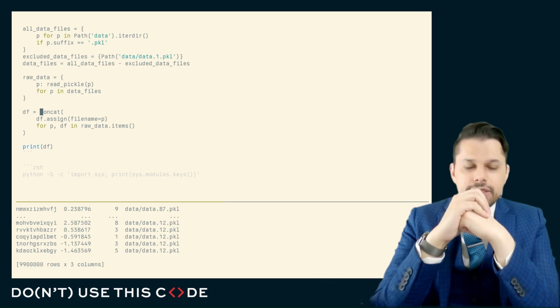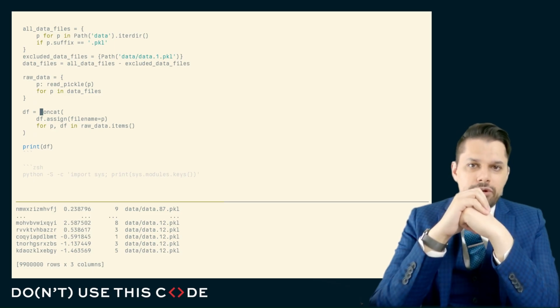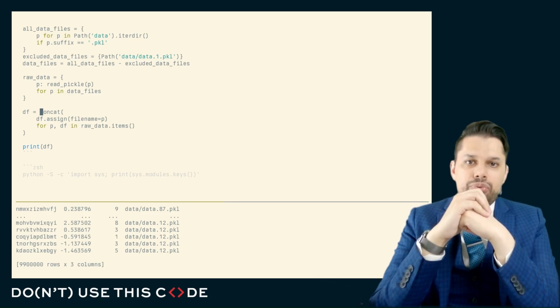Try to isolate the places where you anticipate there is slowness so that you can actually surgically improve the speed of that code.